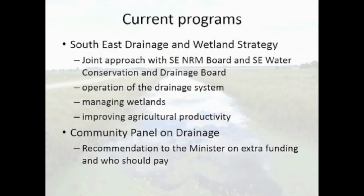In the current programs we've got in place, the 2 boards are working together to develop a drainage and wetland strategy for the southeast, which focuses on operation of the drainage system, managing the wetlands and improving agricultural productivity. Something else that's just popped up in the last 12 months is a community panel